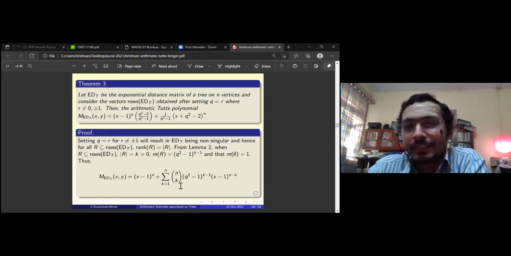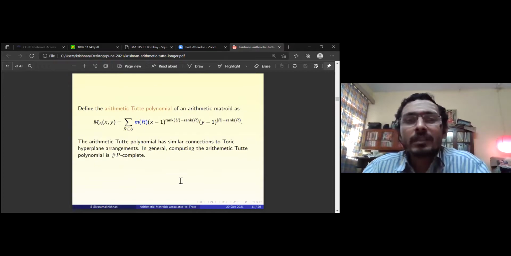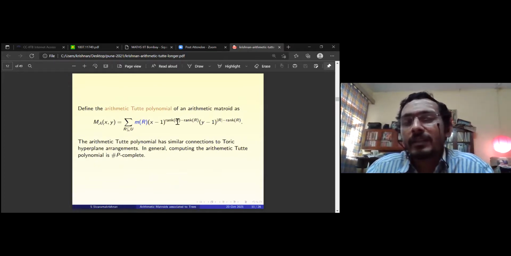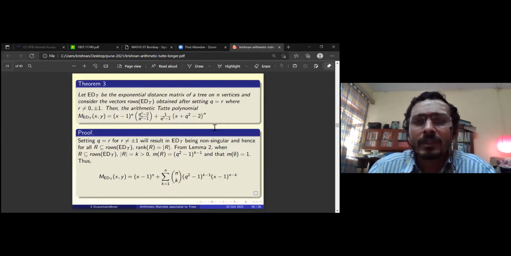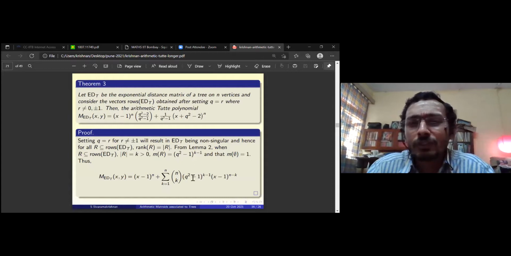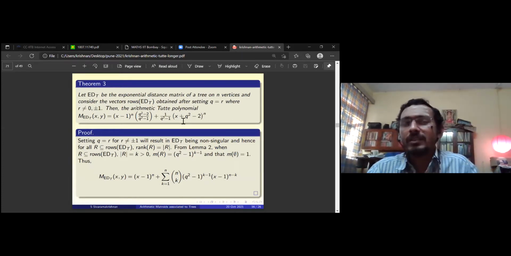So if you look at it, you get exactly sigma n choose k. There are n choose k choices for R, where the multiplicity is the same, and then these factors will be the same. That's why some n choose k will come. That's why it's some binomial thing. It will be q squared minus 1 to the k minus 1, x minus 1 to the n minus k, where n is rank of u minus rank of R. And the empty set case you will get as well. So essentially if you simplify, you will get this. That is the proof.